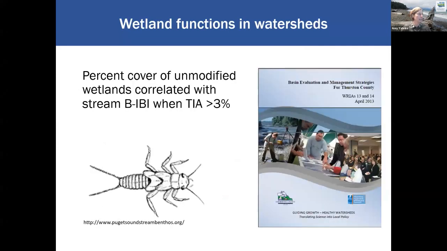And here is a more regional example. This is from Thurston County, where they found that in basins that had total impervious surface areas above 3% in the watershed, the percent cover of wetlands was correlated with stream health when looking at the benthic index of biotic integrity. So just kind of thinking about the importance of wetlands at the watershed scale and why we think about that in that context. And again, we rate the landscape potential because the surrounding landscape has the potential to impact